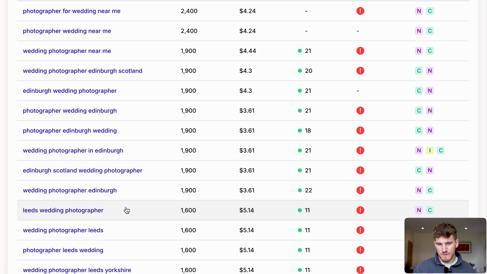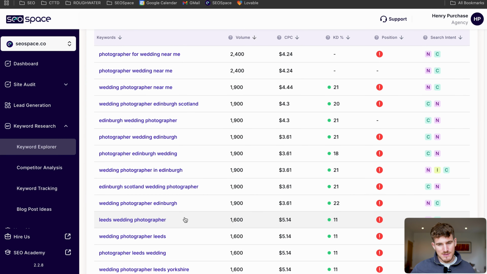If you're a wedding photographer, you could find the ones that make the most sense to you and then carry it through in your SEO strategy. That is the first step on the checklist, finding easy to rank for, profitable keywords that your target customers are actually searching for. Once you've got that keyword, you're then going to move forward to the second step